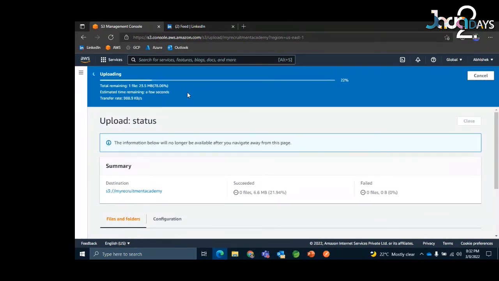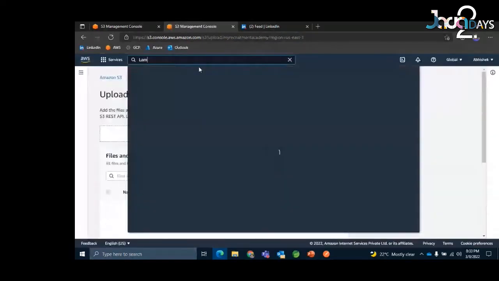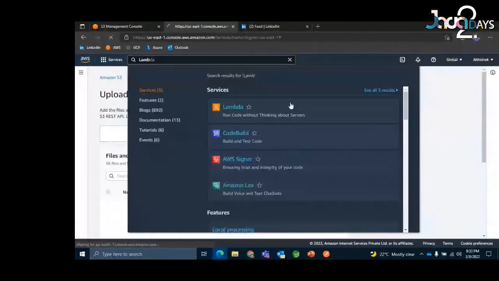Around 78% is left. Yeah, nothing much. Once you upload it, the same jar file can be used for almost all the functions. Now we are just left with the creation of the function. Let me open it in another tab because I need the URL constantly with me. So yeah, here it is. And let me open Lambda parallelly.